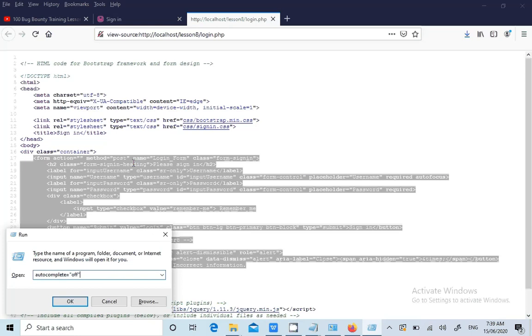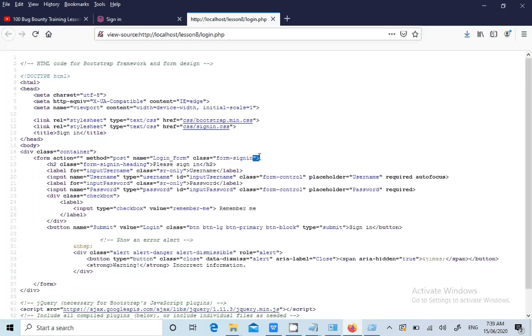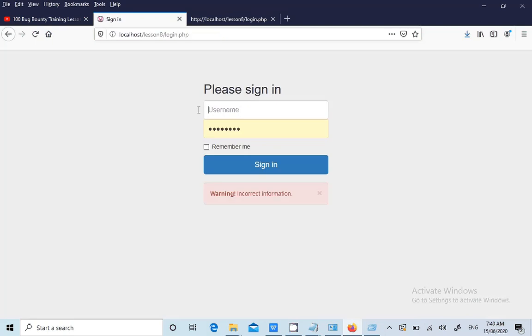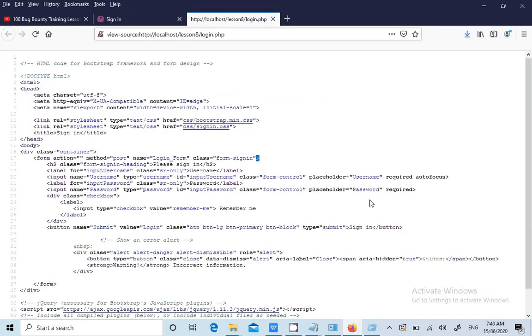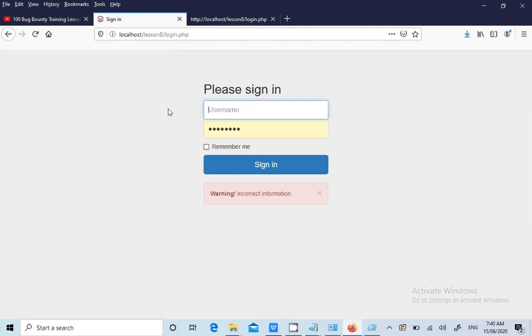It should be either for a form or else the particular input field. So it can be given at two places. If someone gives in this line autocomplete is equal to off for the form, that means all the input fields, whatever data we enter, cannot be shown next time when someone double clicks in the text fields. Or else someone could give it here in the place of each field, like autocomplete is equal to off, autocomplete is equal to off, so that they cannot see it.